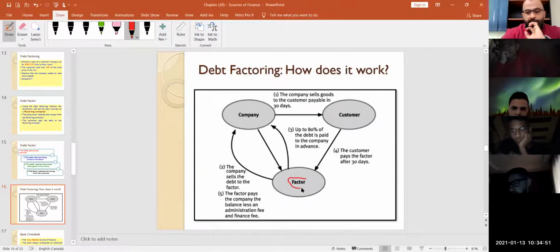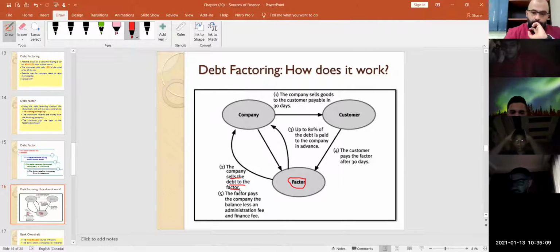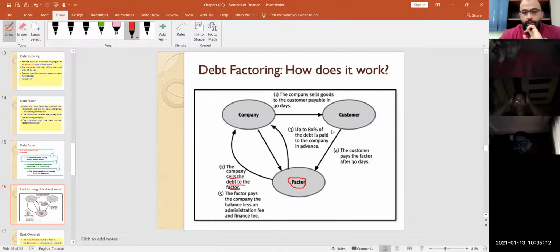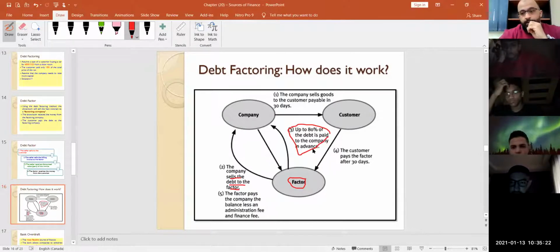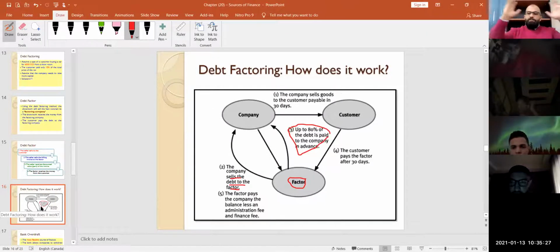company. This is like the bank. The company itself will sell the debt to the factor. I, as the owner of a car showroom, go to the factoring company and sell the contract to it. Number three says that the factoring company is going to pay only 80% and the rest will be the discount. After this long story,